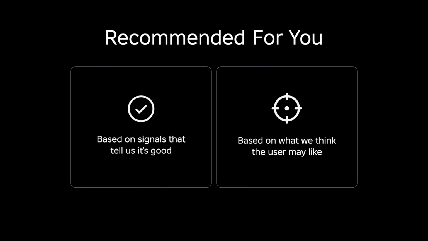And like I said, the recommendation for you takes into account two different aspects. One is the signals that tell us this game is good, which in the restaurant analogy could be that the fish was good or the menu was good and the service was good, a lot of other factors. And the other is based on what we think you like. I may prefer sushi, but Peter, on the other hand, prefers pasta. So he may not like the sushi restaurant. We need to factor both of those into how our recommendation algorithm works. Next slide.